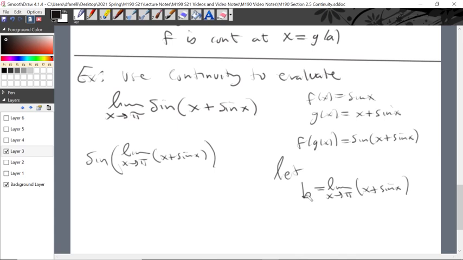That is that I'm choosing b to represent the output of the limit of the inner function. Now we can evaluate that one. Okay, we have a sum of two functions here, right? We have x, which is